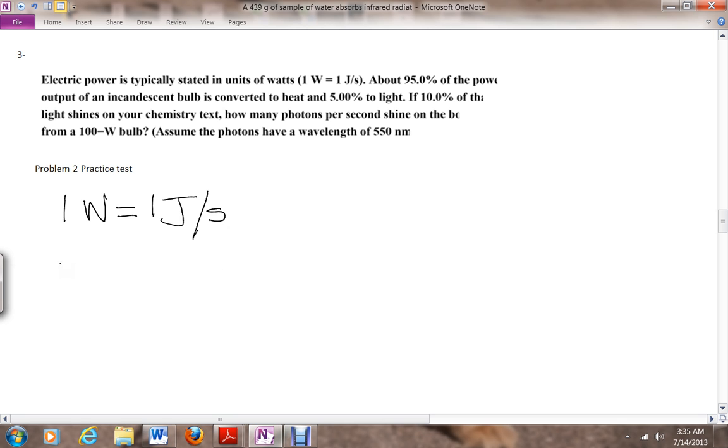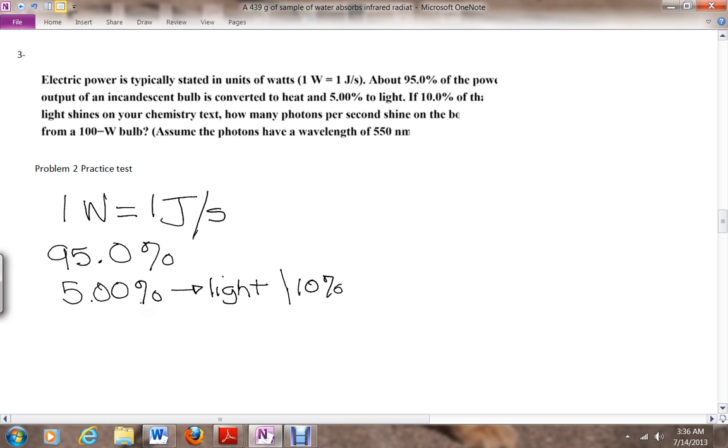About 95.0% of the power output of a bulb is converted to heat, and 5% to light. And what do we care about, the heat or the light? In this case, we care about the light. Why? Because we'll read the problem. If 10% of that light, which is 5% of the total watts or joules per second, and then it's 10% of that